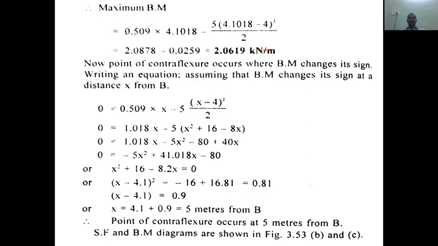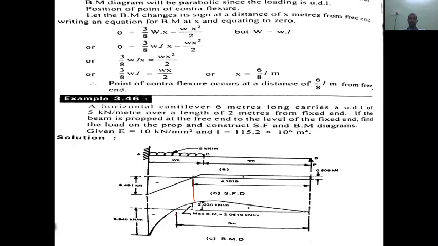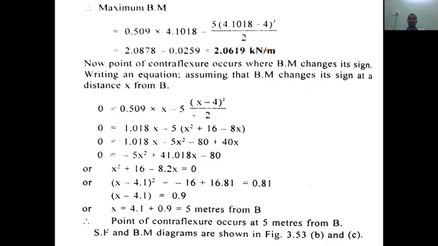Then, now point of contraflexion. You know, point of contraflexion is a point where bending moment changes its sign. Again, it is in the portion AC, but here the condition is how to calculate that x value or x2 value. By definition, it is a point where bending moment changes its sign. That means bending moment at that particular point is 0. That means we need to write a standard equation for bending moment and make it equal to 0, right?